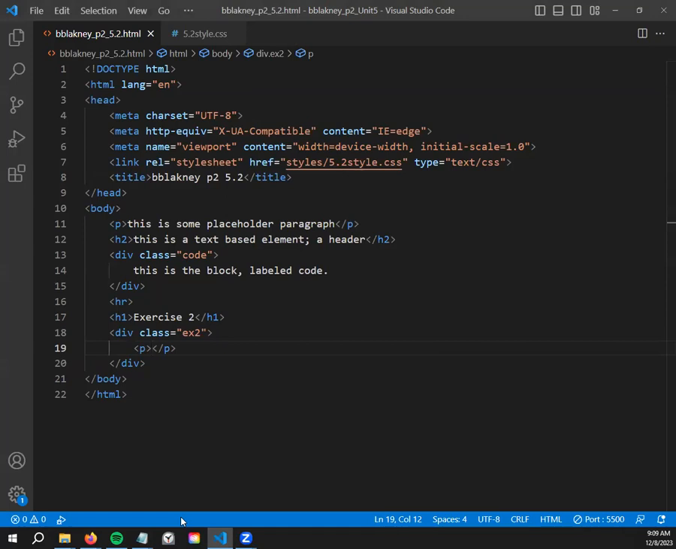So I'm typing P and then hitting enter. And then, this is a paragraph for exercise 2. You can put whatever you want in here for EX2. And then I'm going to do that again by hitting P, enter. This is another paragraph for exercise 2. And then the last thing I need is going to be that anchor to the SHS webpage,